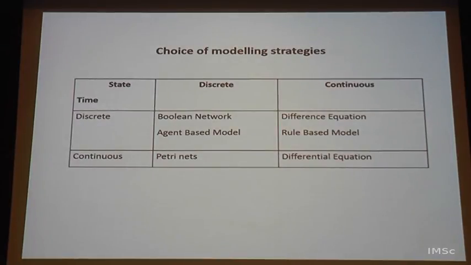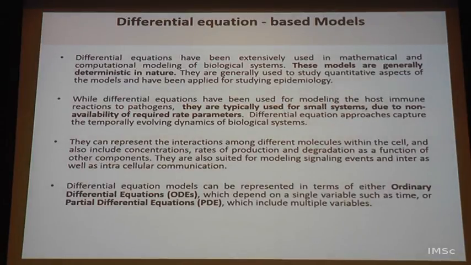Okay. So, choice of modeling strategies, as I said, only a portion of them put down here, will depend on whether you want to look at a discrete state or a continuous state, discrete time scale or a continuous time scale. Of course, when the state is discrete and the time is discrete, you can have agent based models and Boolean networks. When it is continuous, you can model them more as Petri nets and so on. On the other hand, we have here difference equations, rule based models, or when both are continuous, differential equations of kind. Okay. I am sure many other speakers have spoken about ODEs, and I am not an expert in this, so I am not getting into it in detail, but just for completion, I have kept a slide.